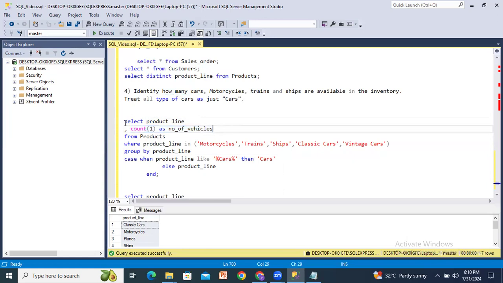Now we'll summarize the query. Select product line, the same product line we'll apply in group by product line. Count of one as number of vehicles from products. The where condition above, the same thing we applied here. That is fine, and group by product line. Up to here only I'm stopping the query. If I execute this part,